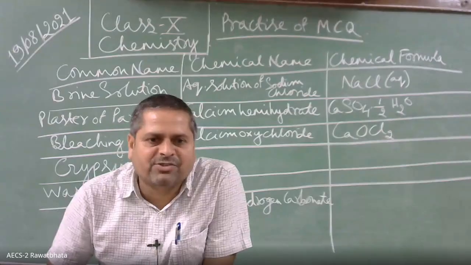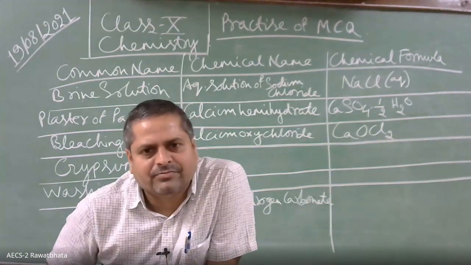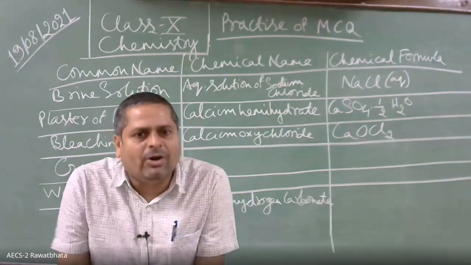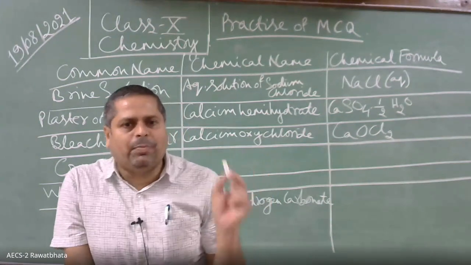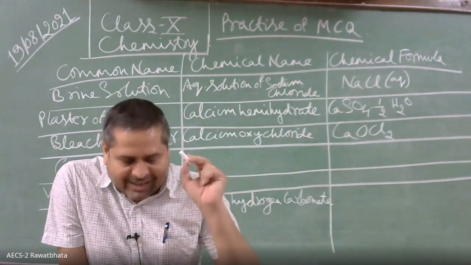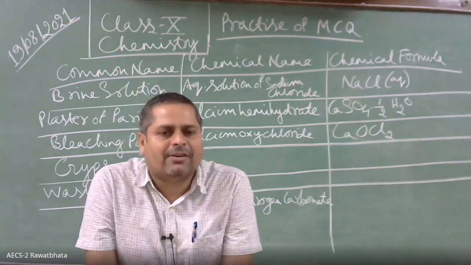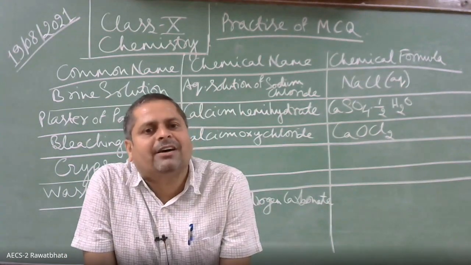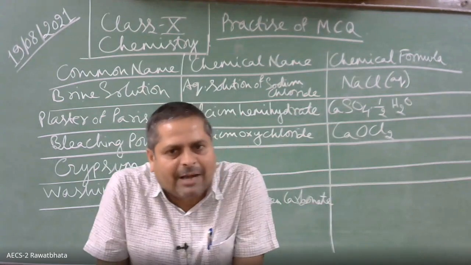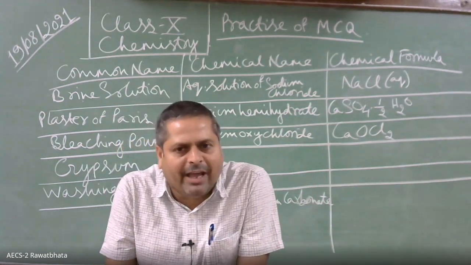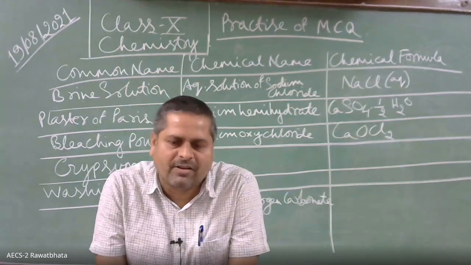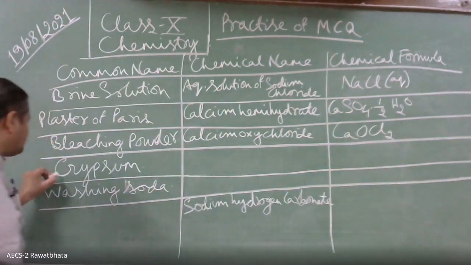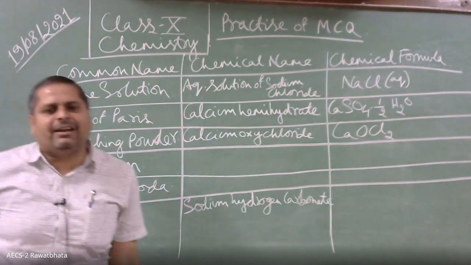Sir, mixed salt. Why is it a mixed salt? Because the same cation is satisfied by the two different anions. Well done. Very good. So the same cation, that is calcium 2 plus, is attached to two different anions, that is chloride Cl minus anion and hypochlorite OCl minus ion. That is why this type of salt are called mixed salt. Next question. Who is going to answer this one? Gypsum. Chemical name of gypsum and chemical formula of gypsum.